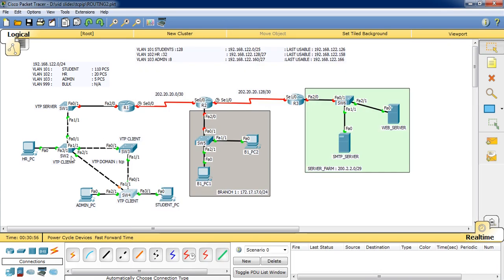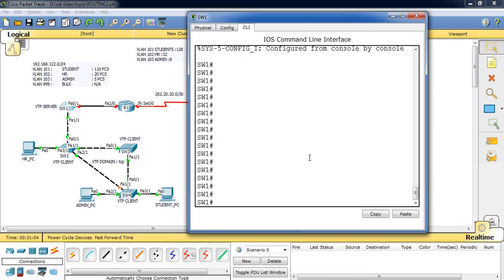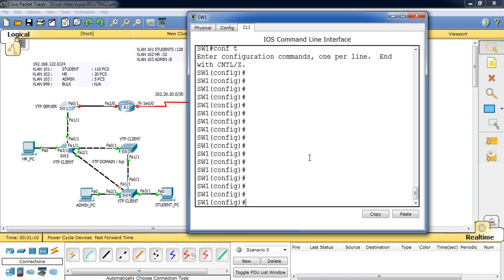But if the VTP is working properly, if you create all the VLANs right here, they should be propagated or transferred to all the switches here. Let's do that. So I'm going to go to the VTP server, which is switch 1, with the global configuration mode. Sorry about it. Okay, and let's